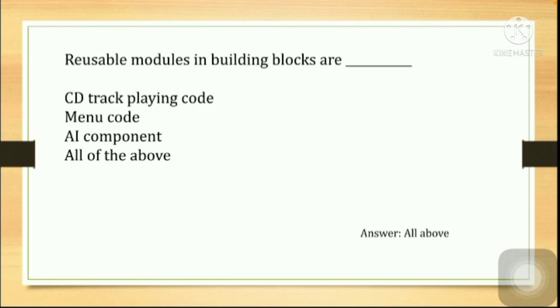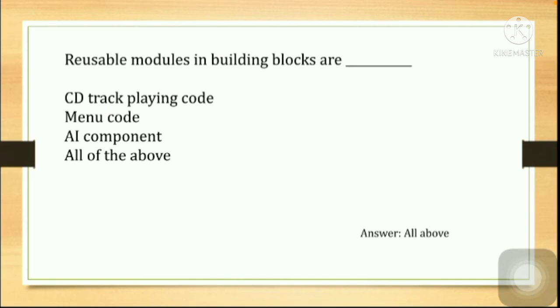Next, reusable modules. In building blocks, there is a software factory, which refers to the methodology of producing software. Whenever you are producing software, you can take the common modules directly, that means you can directly use them from a ready-made set. So which are the reusable modules?